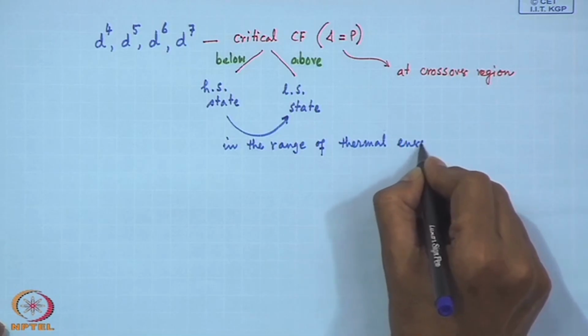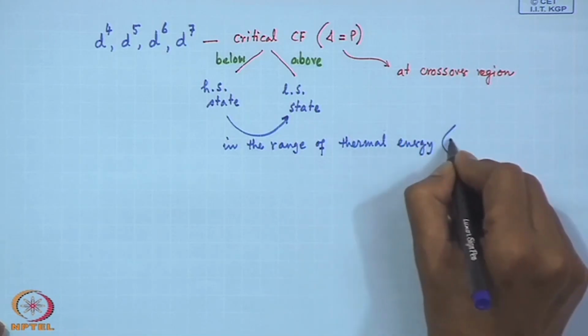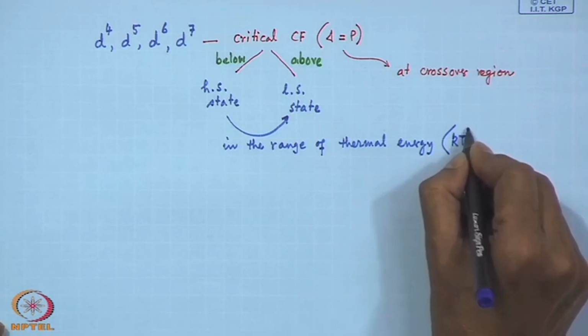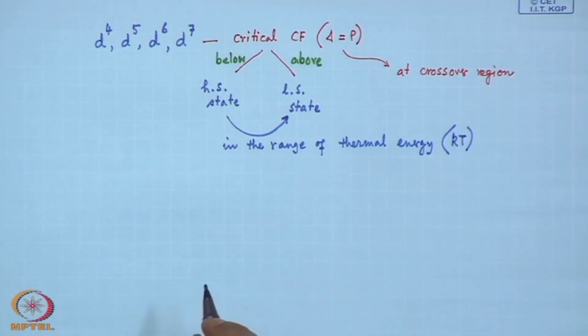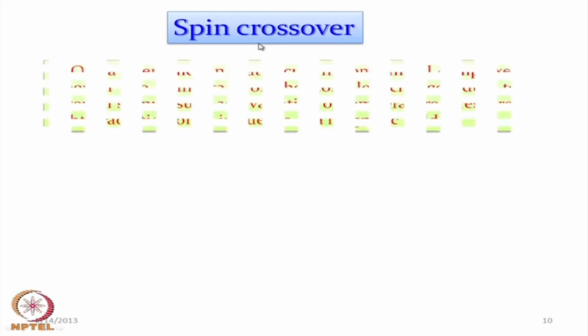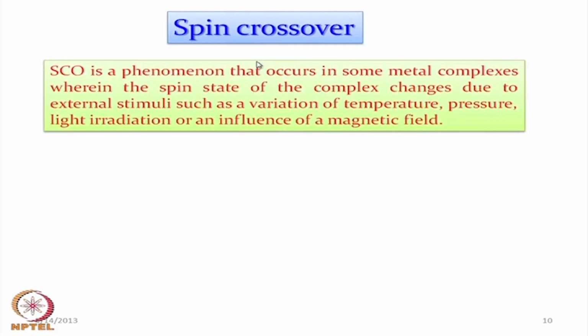In the range of thermal energy, which is nothing but kT. So, how we get this thermal energy to change over from one particular form to the other, that we will find in case of the spin crossover. So, this spin crossover situation we have, this can be abbreviated as SCO. It is a phenomenon that occurs in some metal complexes. Not all metal